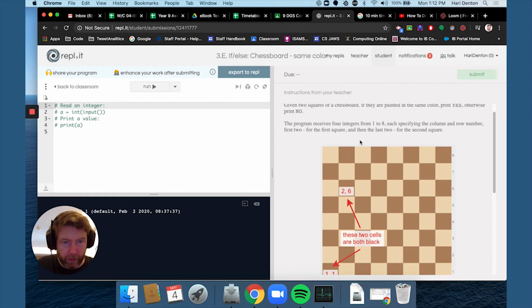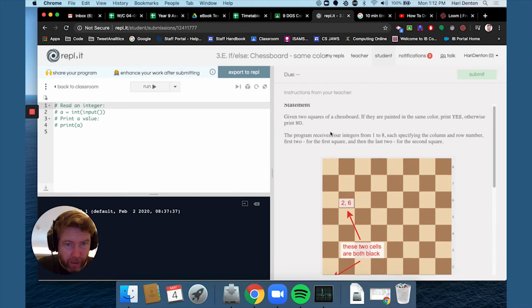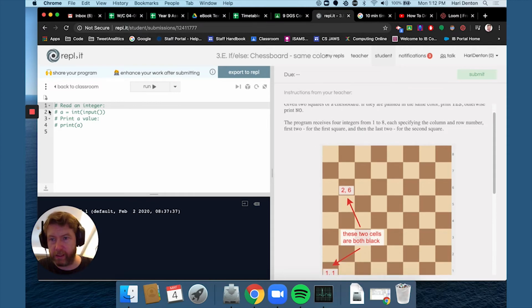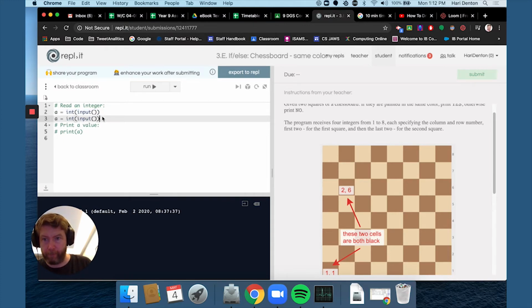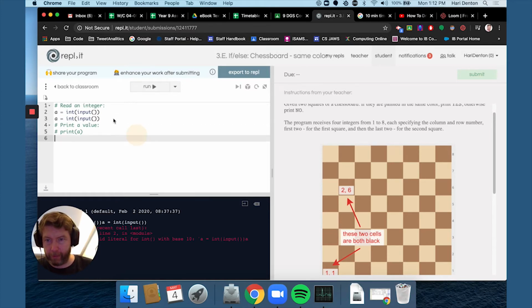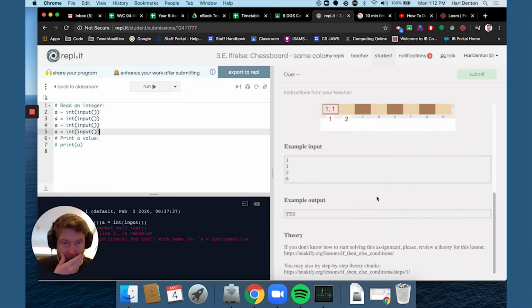Okay, so we're given two squares of a chessboard. If they are painted in the same color, print yes, otherwise print no. Okay, so this is an extension of the last one. So they'll be the same if